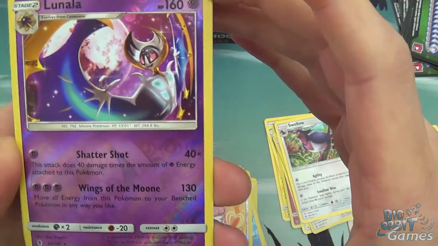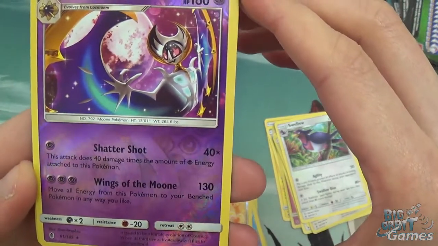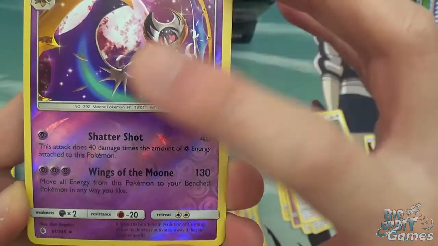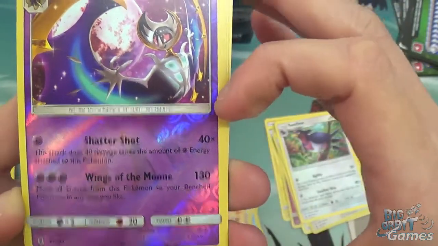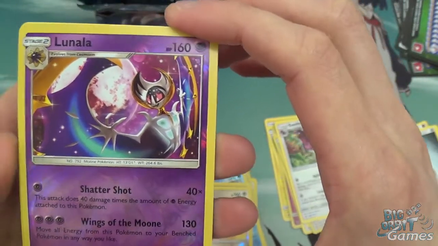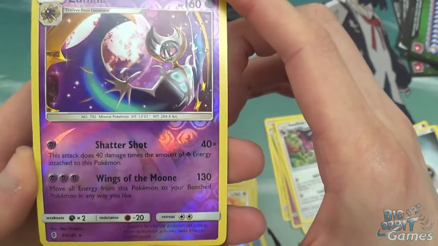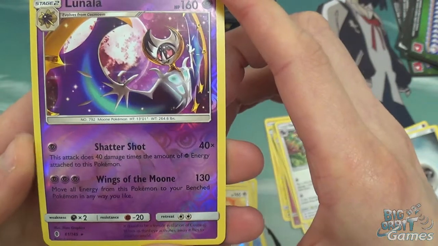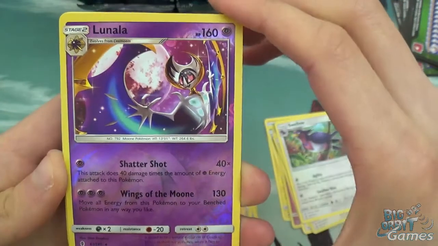So it's a 160 HP Psychic Pokemon, evolved from Cosmo. Has Scattershot for 1 Psychic, deals 40 damage times the amount of Psychic Energy attached to this Pokemon. As we've learned from the past, moves like that are absolutely disgusting in the game, because there's ways that you can load up on energy on certain Pokemon, so that can be dealing a lot of damage. It is a stage 2 though, but